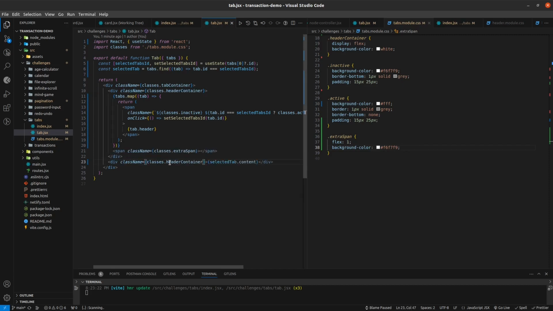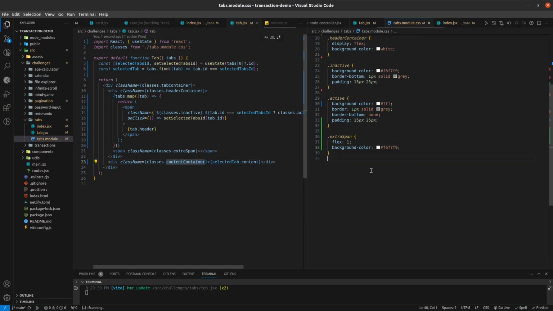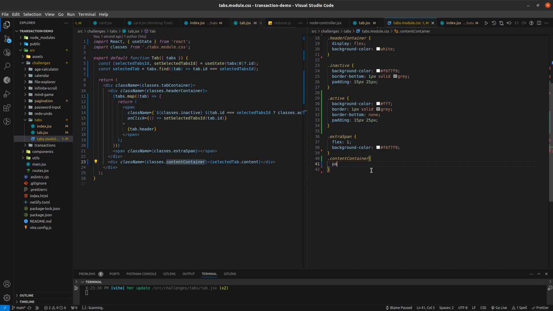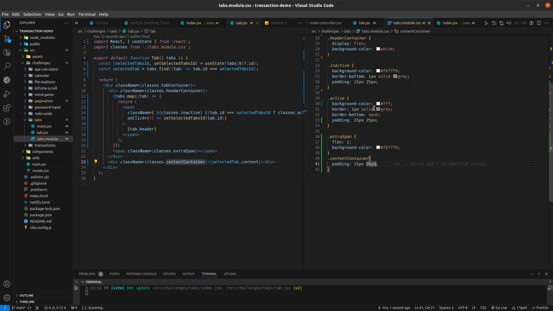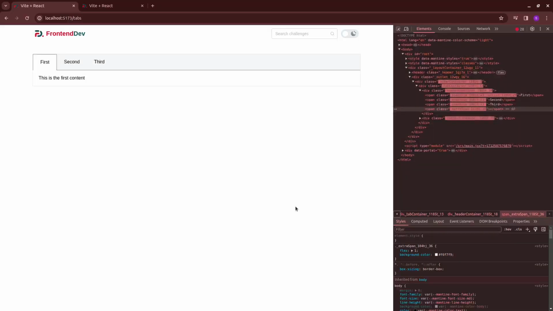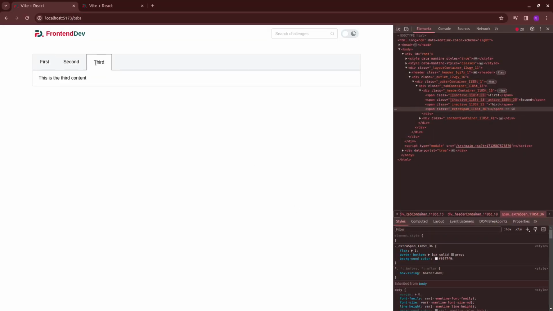So, not header, the content container, and the content container will have padding of say 15px and 20px. Yeah. And one more thing, this border is not coming, so we can apply the border bottom to this span as well. Yeah, you can see. So this is, as you can see,